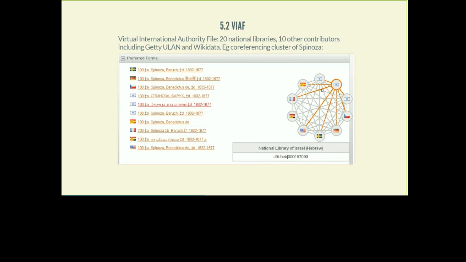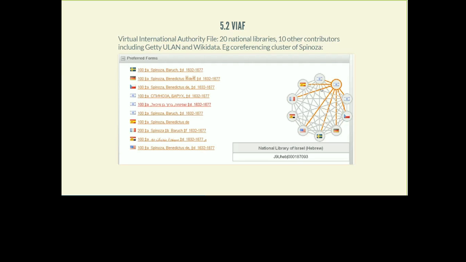Next up is VIAF. It's a very, very important resource, and stands for Virtual International Authority File. It was initiated by 3 national libraries, and now there are 20 libraries as contributors and 10 other important institutions, including the Getty ULAN and Wikidata.